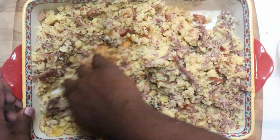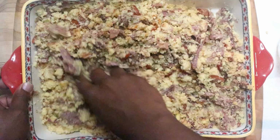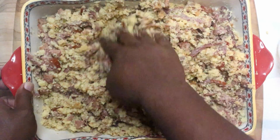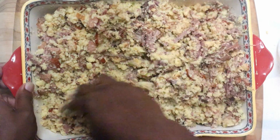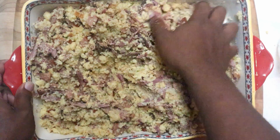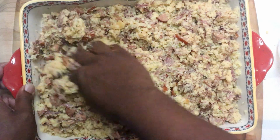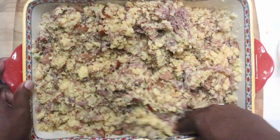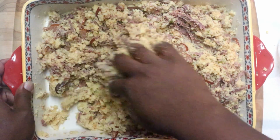So the seasonings that I've just added in just now was a half a teaspoon of ground sage, a half a tablespoon of seasonal salt, and a half a teaspoon of garlic powder. So those were the seasonings that you just saw me add in there. Now, that's the reason why I was saying earlier to make sure that you weren't going crazy with adding in too much salt, because between the pork, the smoked turkey necks, the chicken broth, you're already going to have more than enough